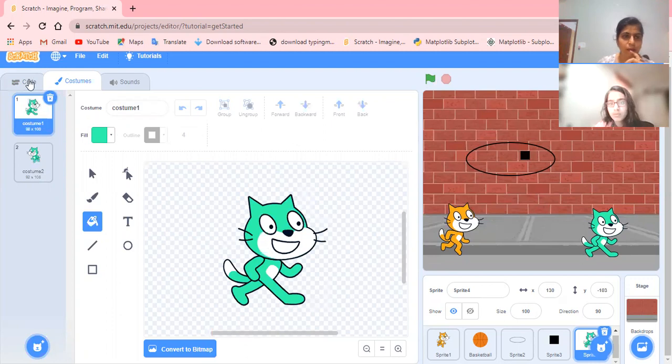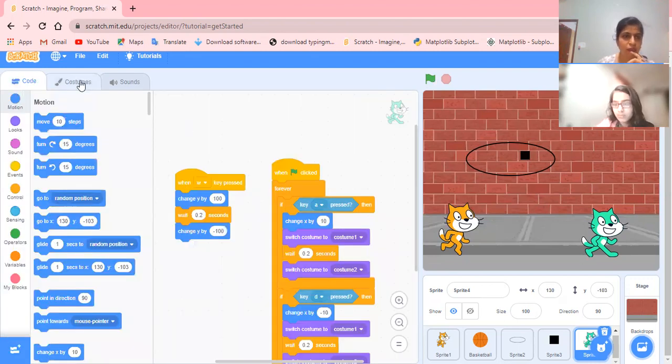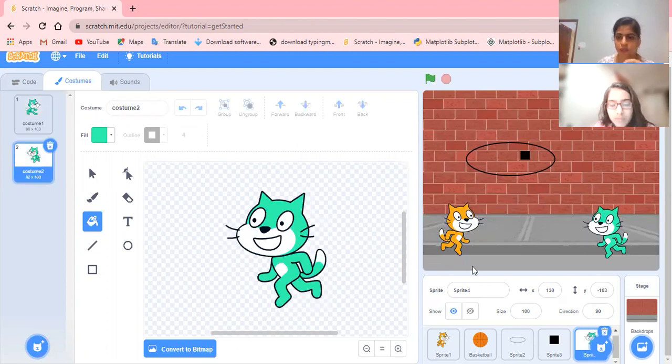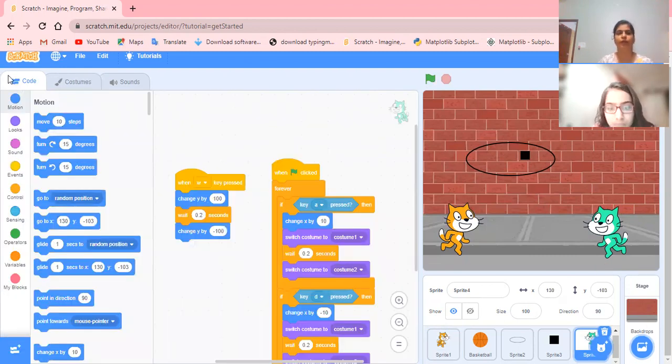Okay, now I'm supposed to change the costume, but I'm not getting the option here. What fault? What costume is there? Costume 1, costume 2. Wait a minute.